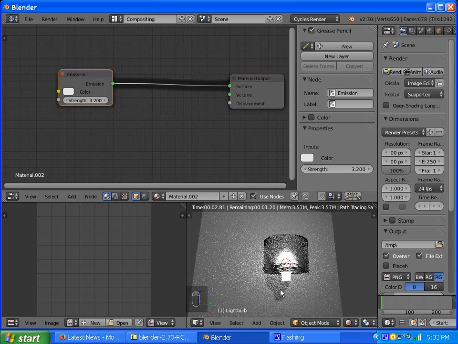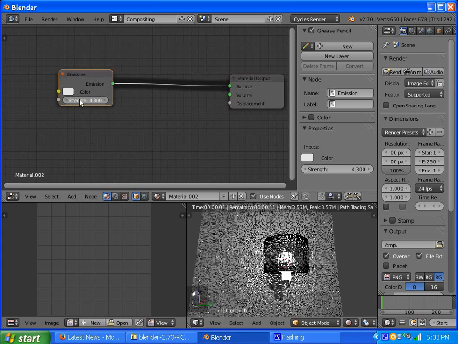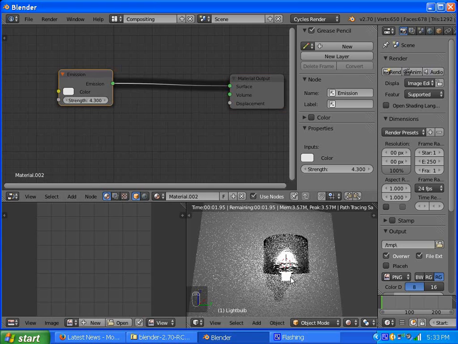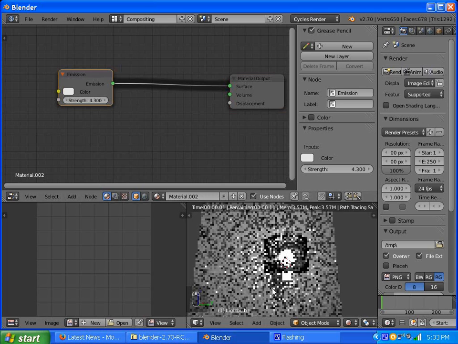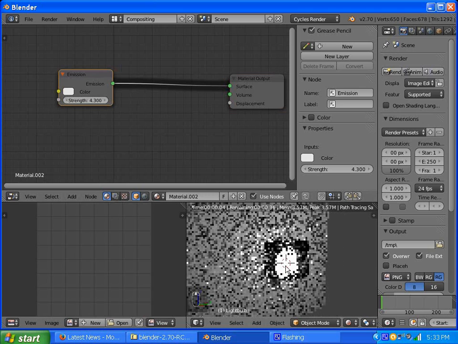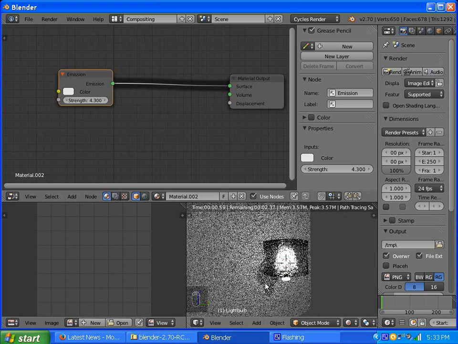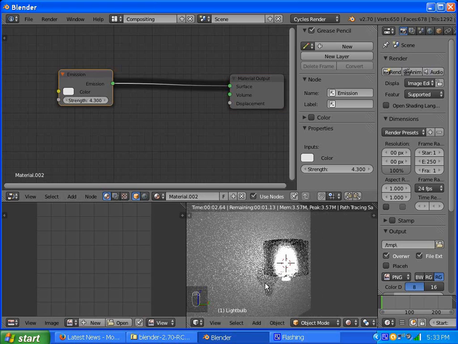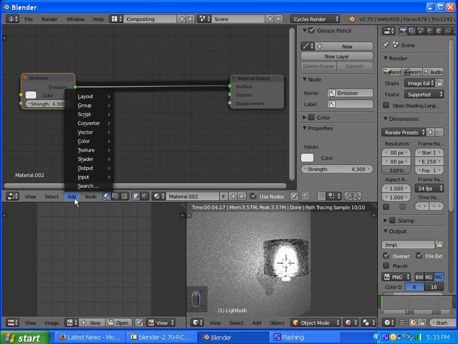Even with the higher strength, the light bulb is shining out more rays, but even though our light bulb is bright, as soon as it gets a little sharper, it is still casting a pretty strong shadow for a thing that is emitting light. Which is goofy, so